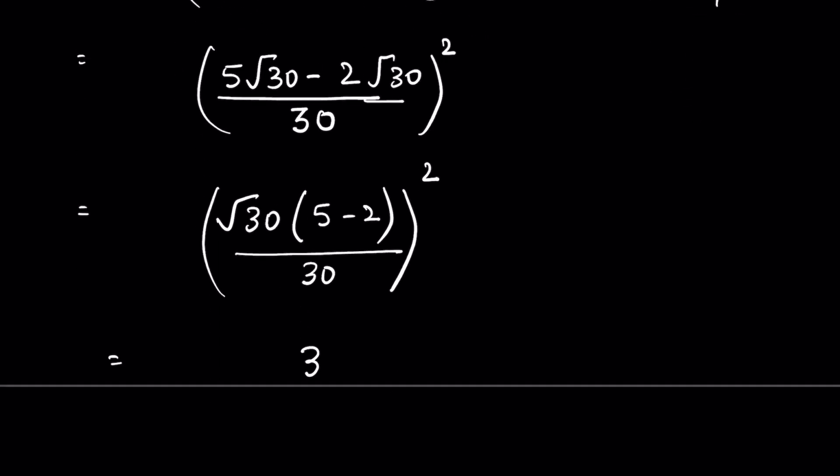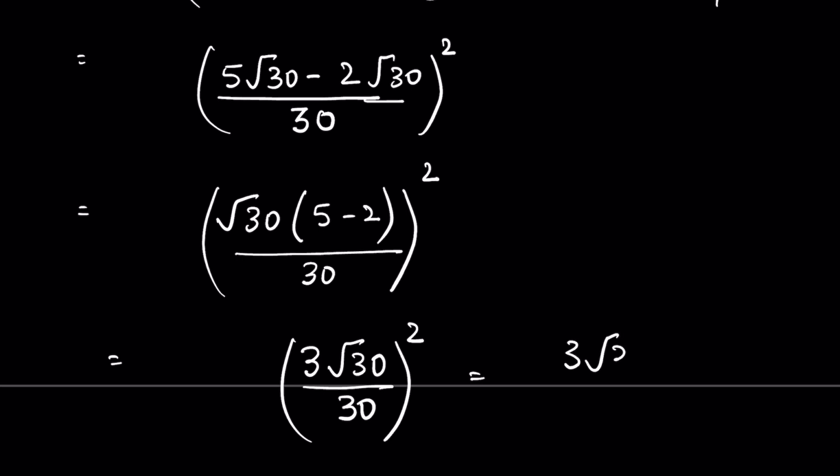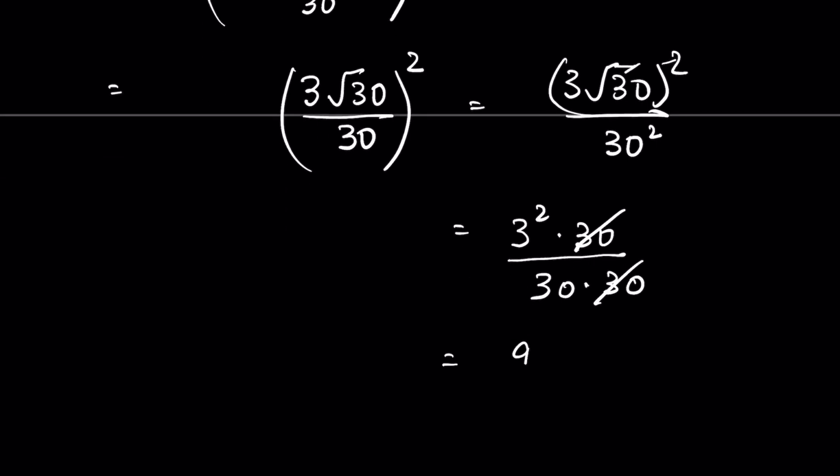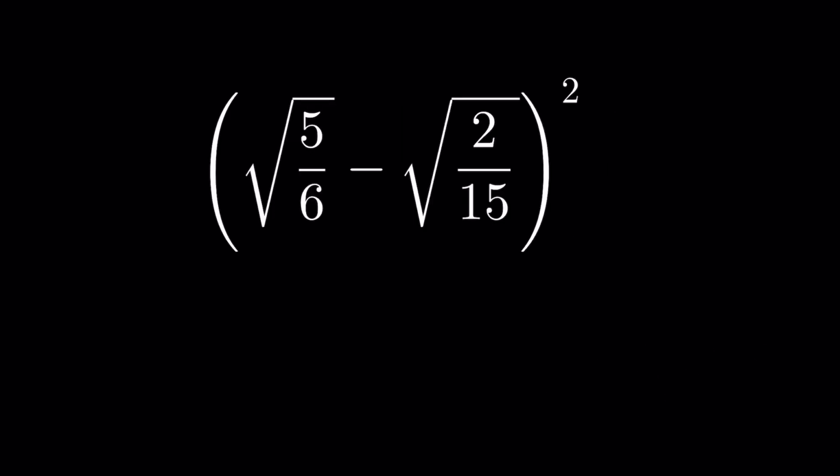or 5 minus 2 is 3. So 3 times square root of 30 upon 30, square, or this is 3 times square root of 30 square upon 30 square. So this is 3 square, and then you remove the square root with the square. So times 30 upon 30 times 30. So 30 and 30 get cancelled. So 9 upon 30 or 3 upon 10 or 0.3. Or we can use a third method where we